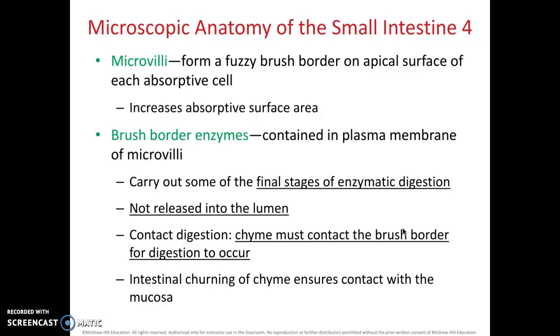So microvilli form a fuzzy brush border on the apical surface, which is like the outside surface of each absorptive cell, so each cell that absorbs nutrients. And this, of course, increases the surface area for it to absorb. And they also secrete brush border enzymes, which are in the plasma membrane of these microvilli, and they carry out the final